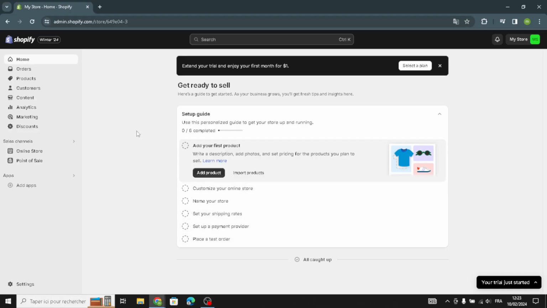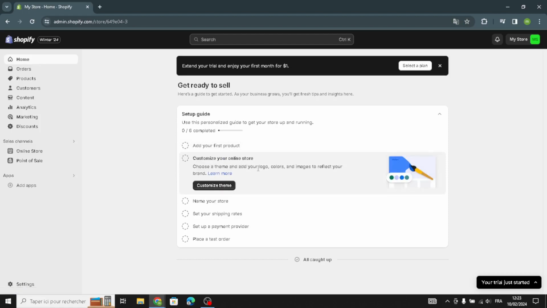So today I'm gonna show you how to secure a perfect domain for your online store on Shopify. As you see here, we have the homepage. You have to follow the setup guide right here. You have to add your first product, customize your online store. You can change the themes and the logo, the colors, the image